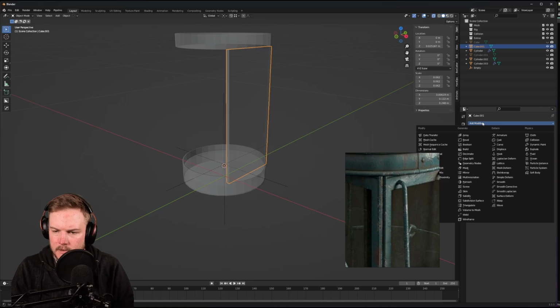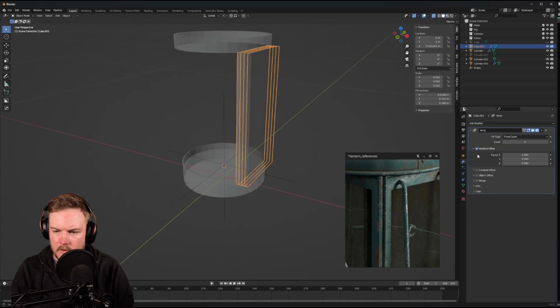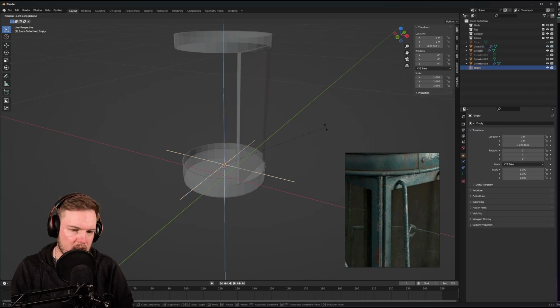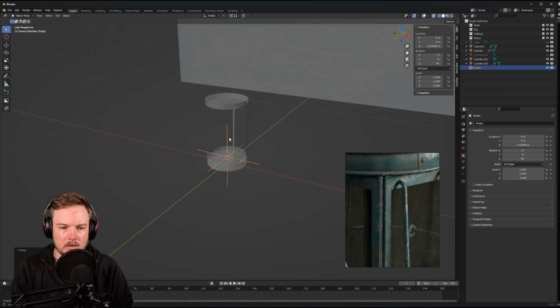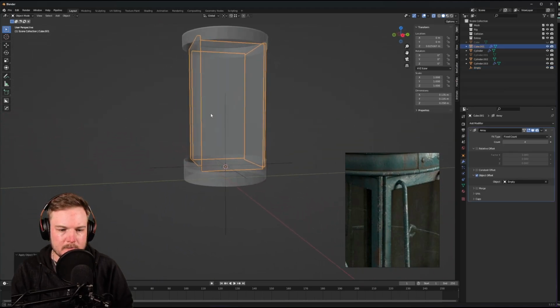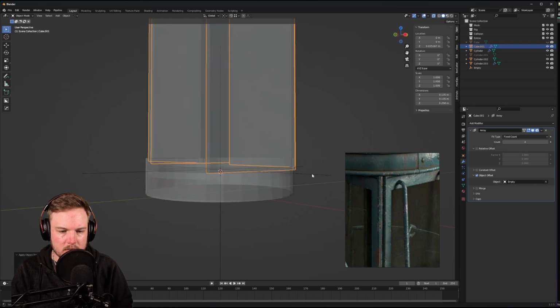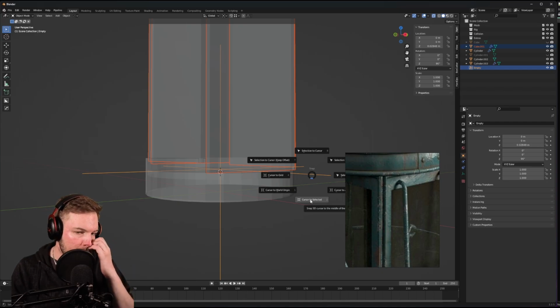Next, we're going to add an array modifier. We're going to do 4. We're not going to do relative. We're going to do object. And select the object, which is the empty. And then we're going to rotate the empty 90 degrees, which drew it all the way over there because we have transforms. And I assume this is due to our origin. So we're going to move the